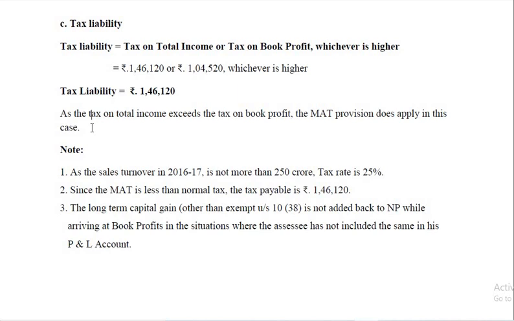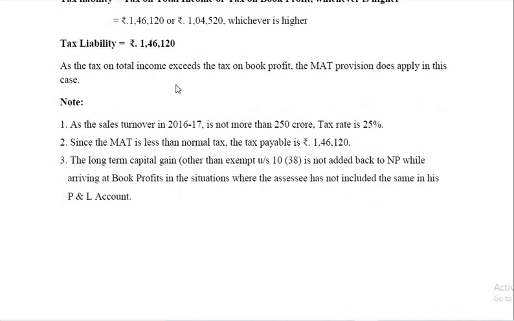MAT is applicable only when the book profit, tax on book profit is more than tax on total income. In that case, book profit itself is taken as total income and the tax is calculated on that. Alright, here you have got certain notes as the sales turnover in 2016-17 is not more than 250 crore. Tax rate is 25%, not 30%. Since the MAT is less than normal tax, tax payable is